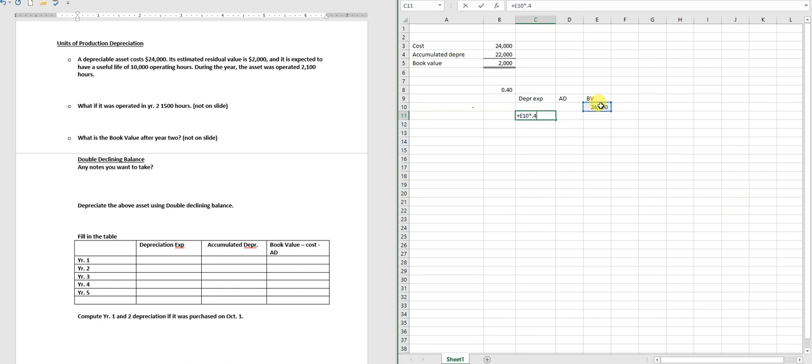So I have 9,600. My accumulated depreciation is 9,600. My book value is now my cost minus my accumulated depreciation. The next year, I'm going to take my book value times 40%. So notice it's declining balance. So I have 5,760. So my accumulated is those two together, and my book value is